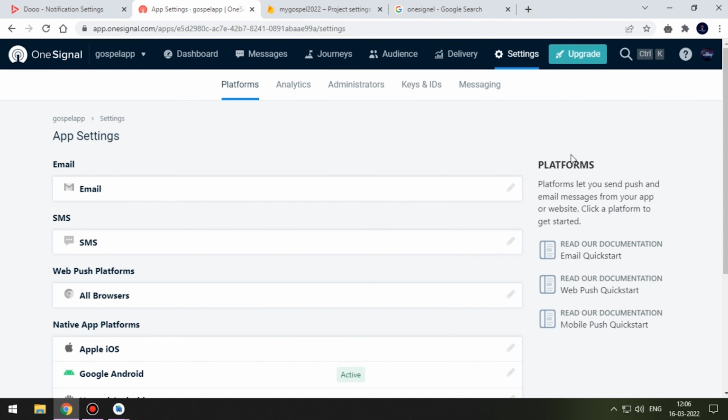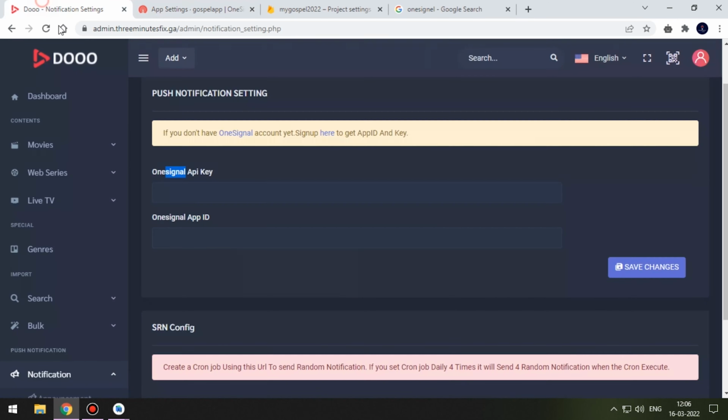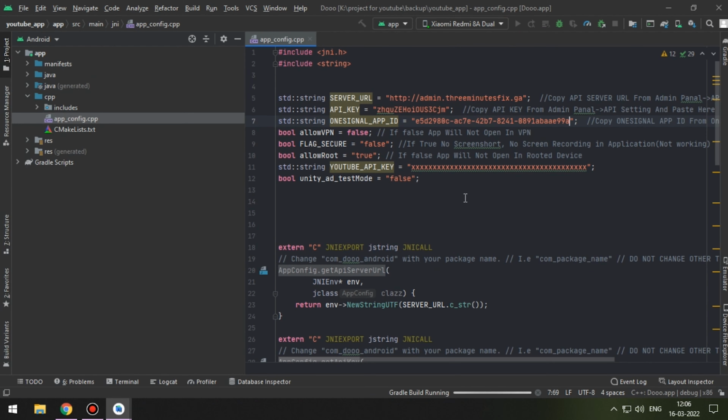In your OneSignal dashboard, on the top submenu, choose Keys and IDs. Now copy-paste your app IDs and the REST API keys to our dashboard. Remember to treat these details also as confidential and never share them with anyone. As we newly inserted OneSignal keys, we need to rerun the application once.